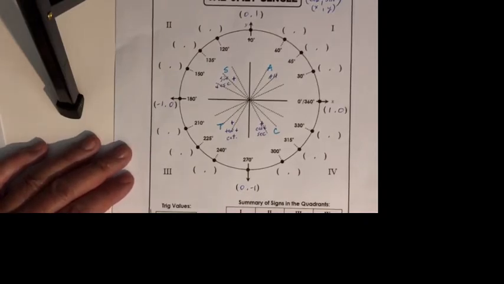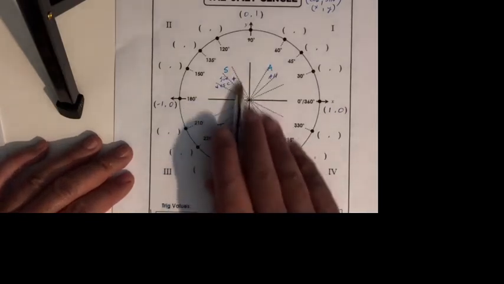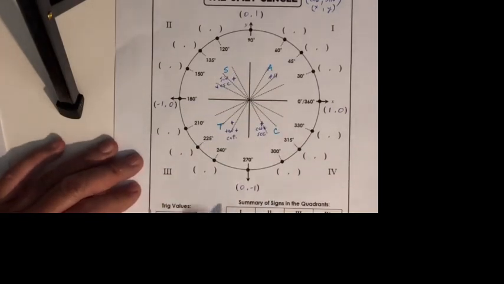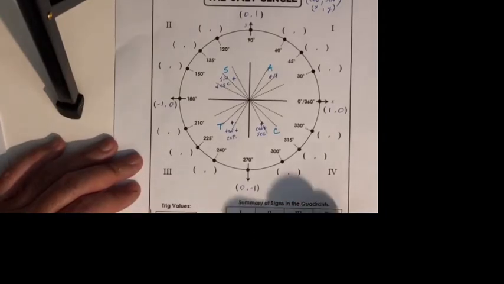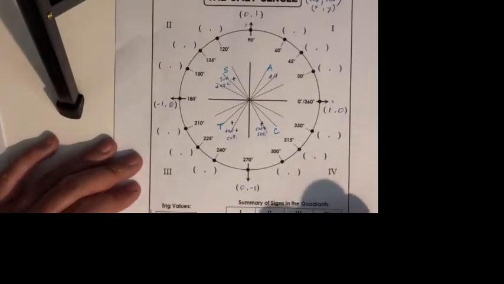Okay? So remember, summary of signs in the quadrant. We just wrote it up there. Quadrant 1, they're all positive. In quadrant 2, only the sine and the cosecant are going to be positive. The cosine is going to be negative, and so is this going to be negative. In the third quadrant, the only one that's positive is tangent and cotangent. The rest are negative. In the fourth quadrant, this is negative, and the cosine is positive, and the tangent and